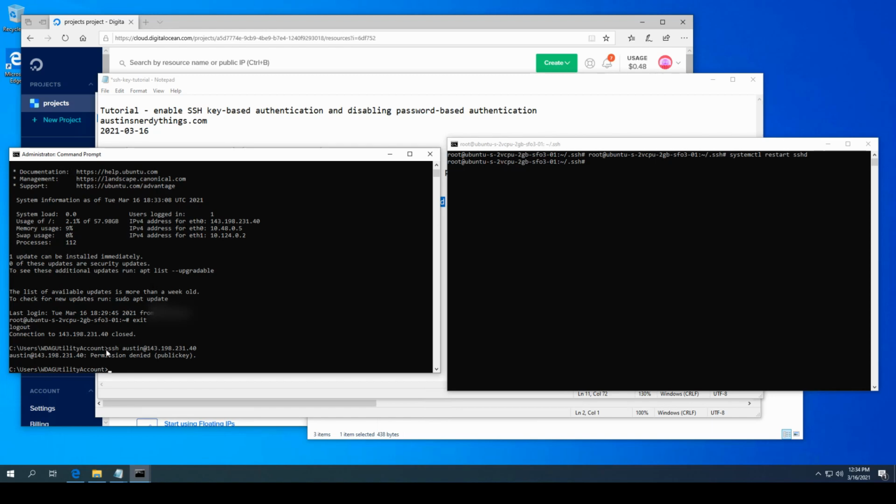So when SSH launches a session with the username and an IP address, it first looks to see if there is a key. If there is, it uses it. If there isn't, it will fall back to a password. And so what happened here is it tried to log in. There's no key, and then it said, okay, I don't have a key, let me try a password. And the server immediately said, nope, permission denied, because we are not accepting password-based logins. And so if we want to look at the log for that, we can do